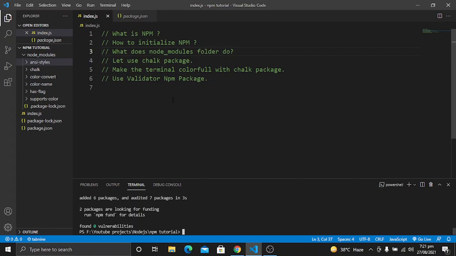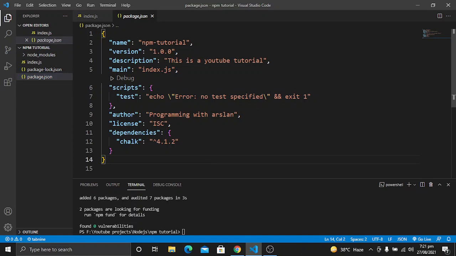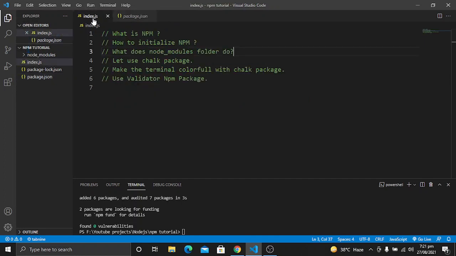When we install other packages, all of the code for those packages will be stored in this node_modules folder. Let's go to the package.json. As you will see, as we installed the one dependency, it has added chalk to our dependencies, and then it has added the version which was installed. So I hope you have learned about these dependencies and the node_modules folder.